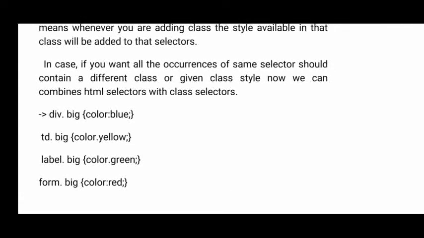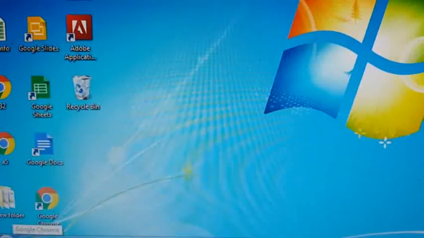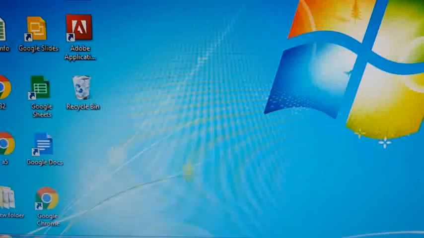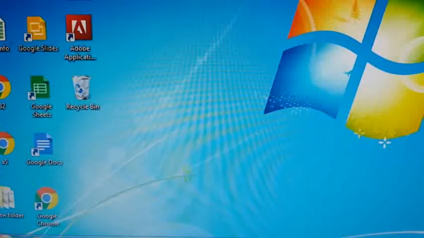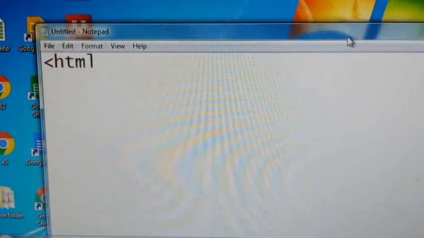Okay students, now I will explain the practical part of the class selector and HTML selector. The theory part I have already completed. Now I will give you an example program which illustrates the class selector and HTML selector. As usual, you open Notepad. There you first write the HTML code, because for HTML selectors and class selectors you need not create a CSS file. Directly you can include that code inside your HTML file.